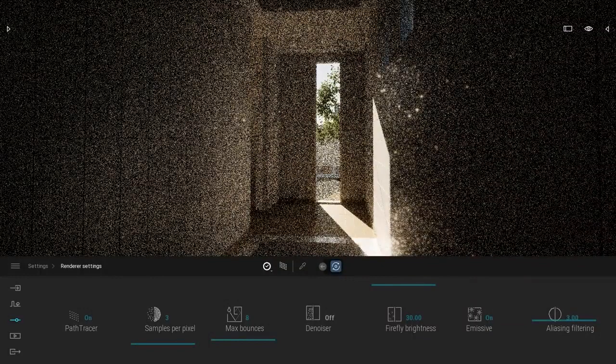The path tracer simulates light by randomly tracing a ray according to material properties. When bright areas of the scene have a low probability of being discovered, the resulting sample can become excessively bright, creating specks of light or fireflies that appear and disappear within the frame. Path tracing attempts to minimize the most common source of this effect, but they can still occur in some scenarios. So here in my case, if I want to lower the fireflies, what I can do is just play with this slider to lower the brightness of those white and bright dots.